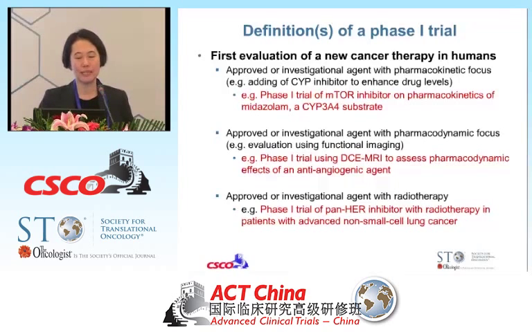The second one is a pharmacodynamic focus. You want to see whether the drug does what you think over a range of doses that you're interested in, not just at the highest dose, but at a lower dose, whether the same mechanism of activity is seen. And lastly, for the radiation oncologist in the audience, whether a new drug should be combined with radiation and how to do so in a very specific disease-focused trial is another phase 1 trial.